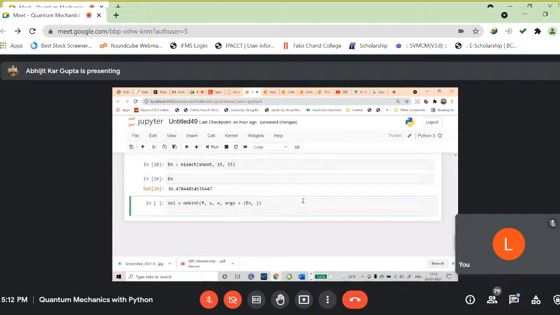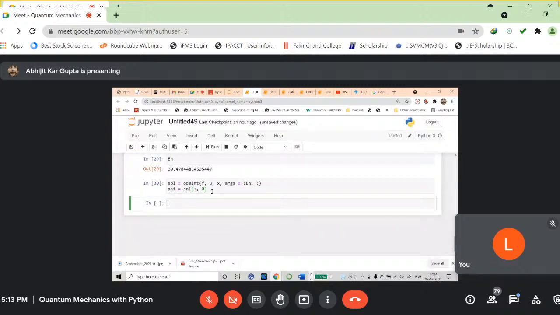And now your psi is basically solution, the entire solution, colon, comma, 0. That's it. And the solution is ready. And why I imported the function sims, because this function is not normalized. Of course, in quantum mechanics, you will understand from the meaning of psi, that psi mod square gives you the probability density, so basically you always need to normalize the function in the domain, just to have a meaningful thing. That's because you want to know that the particle is here. The probability is 1. So now the normalization, np dot square root, and we call sims,